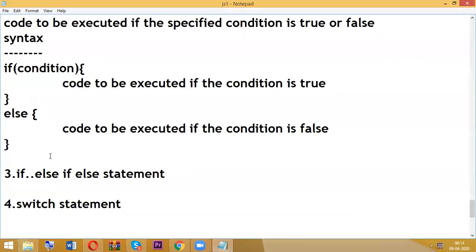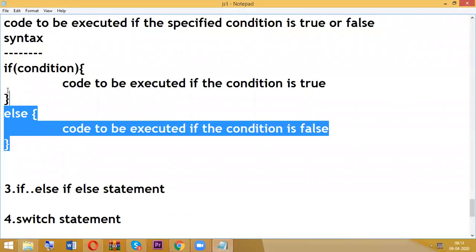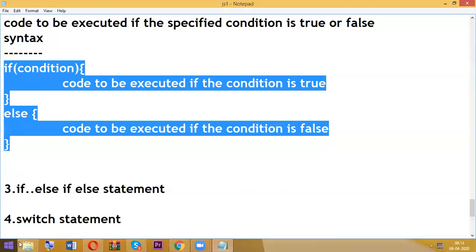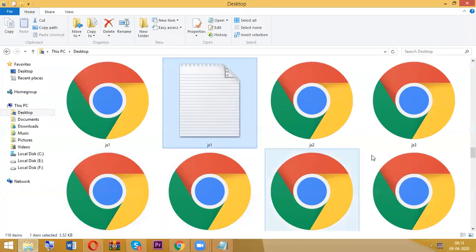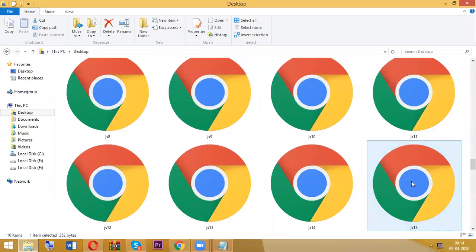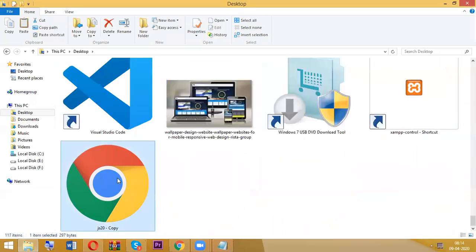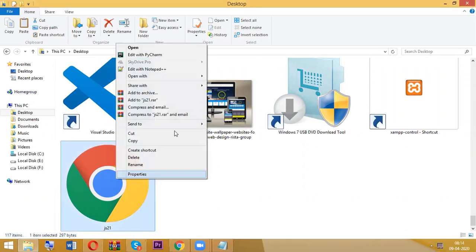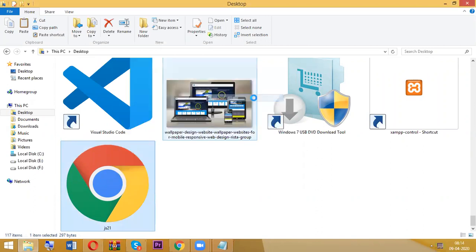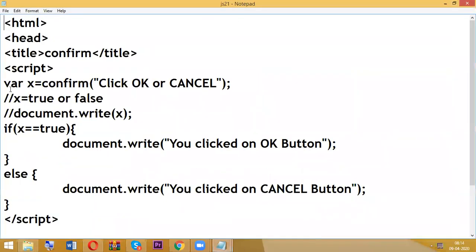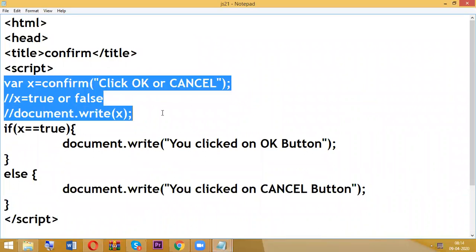Okay, so now one more example based on this if else. Okay, so working with if else.